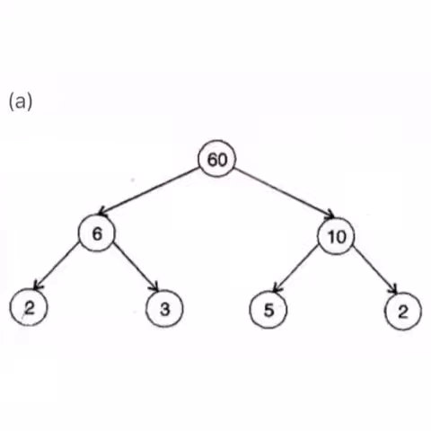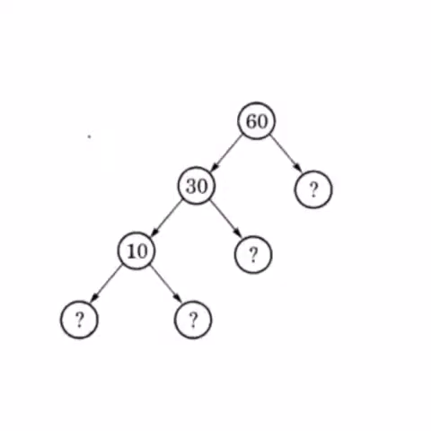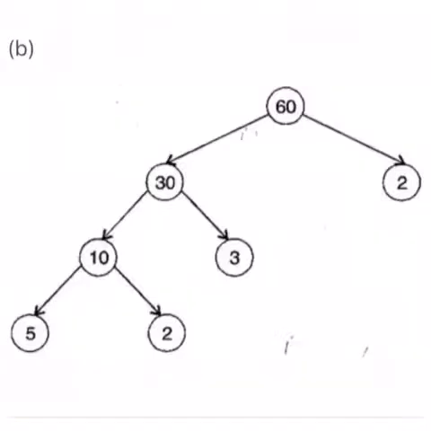And here the prime factors of 60 are 2 multiplied by 3 multiplied by 5 multiplied by 2. So let's see the other factor tree of 60. Here you can see 60, 30, 10. Okay, so three factors of 60 are given and we have to find out the remaining ones according to this factor tree. Children, you can see here that three factors of 60 are given, that is 60, 30 and 10.